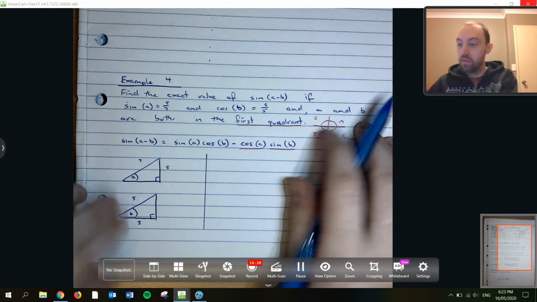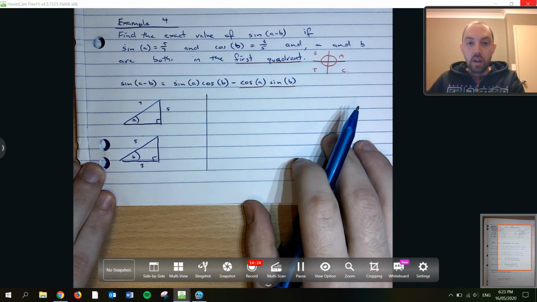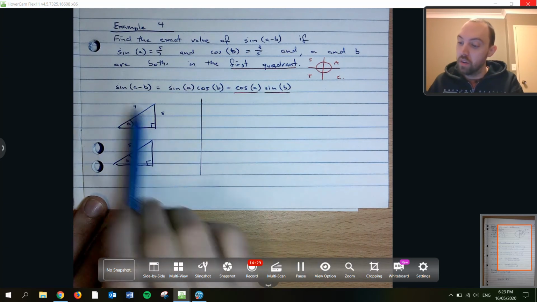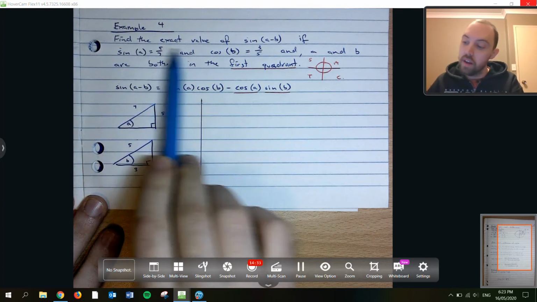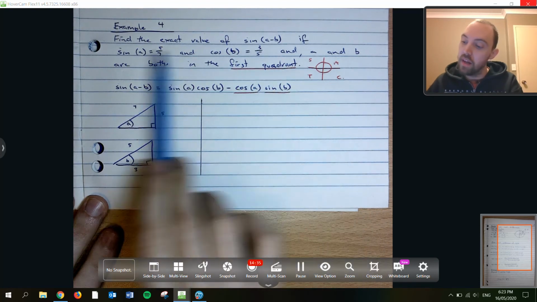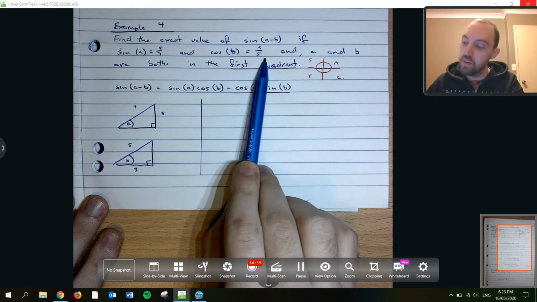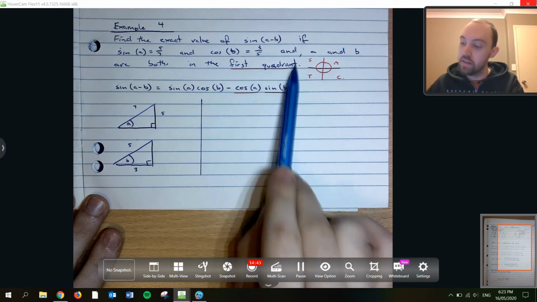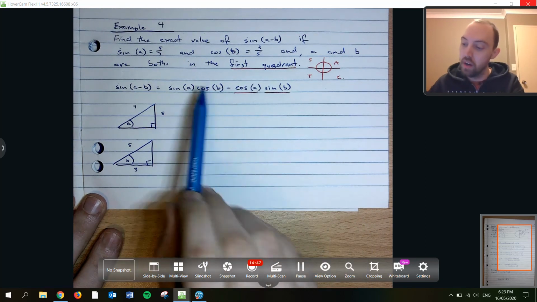Last style of question, example that we'll do for today. Okay, this one takes a little bit longer, so I might have to rush a little bit, trying to keep to that 15-minute time. Find the exact value of sine A take B if sine of A is 5 on 7, cos of B is 3/5, and A and B are both in the first quadrant. This first quadrant information is very important because